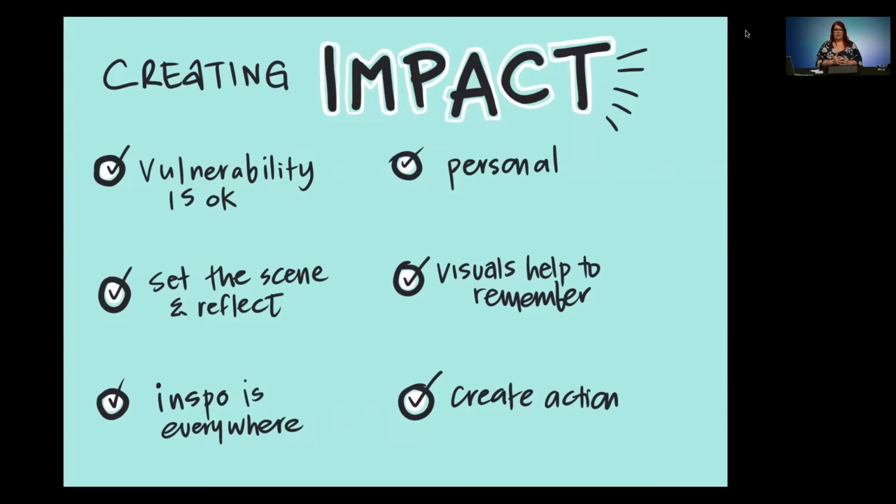And I think it's okay that if you have a really meaningful story to share, you actually show that you're emotionally okay to share that, and how you feel about that. And you want to set the scene as well. So you want to put people in the room. So setting the scene